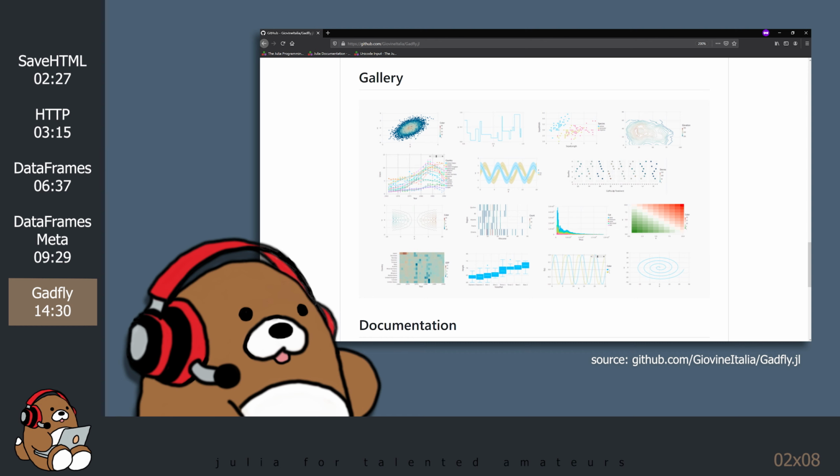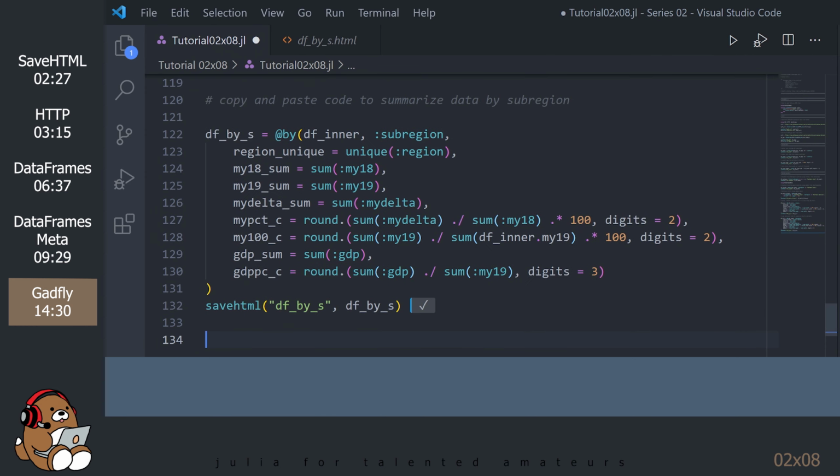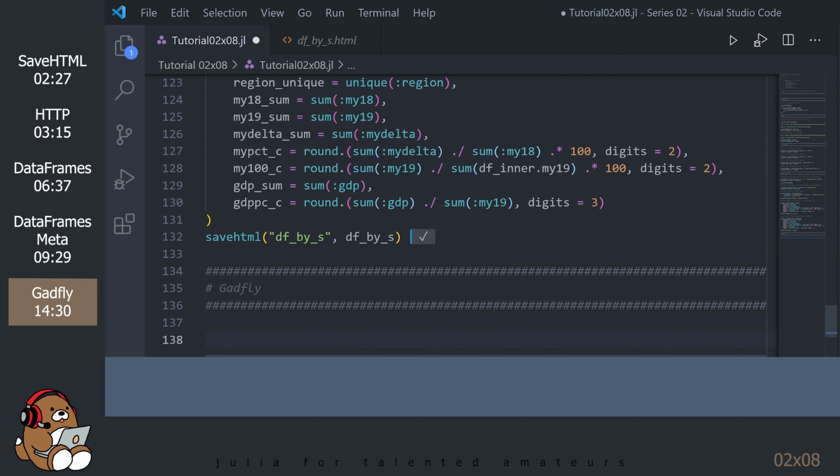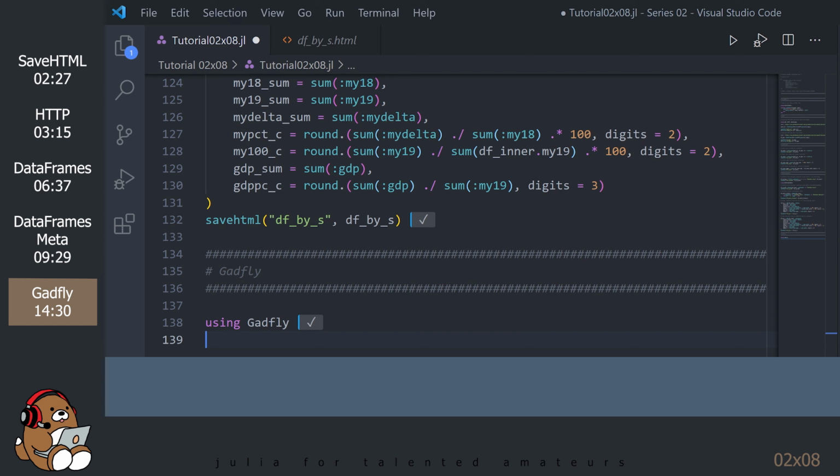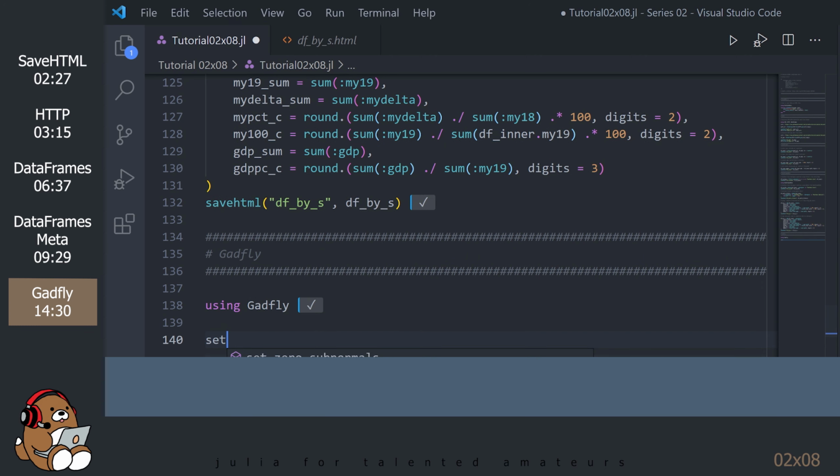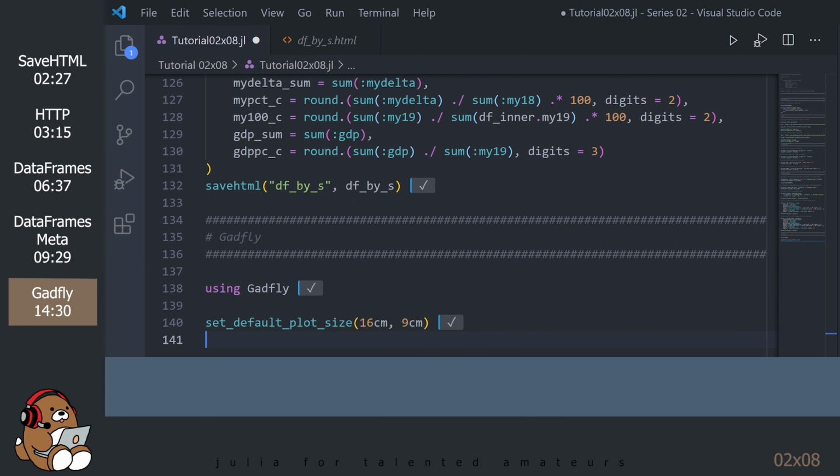I will not be going through the entire catalog. Instead, I will take you through some examples to give you a flavor for the syntax and then refer you to the documentation if you're interested in learning more. Setting the default plot size will determine the shape of the plot that shows up in your plotting panel. Unlike other plotting packages, Gadfly uses centimeters and inches for the plot dimensions, as opposed to pixels. You might have to adjust the dimensions to fit your screen.